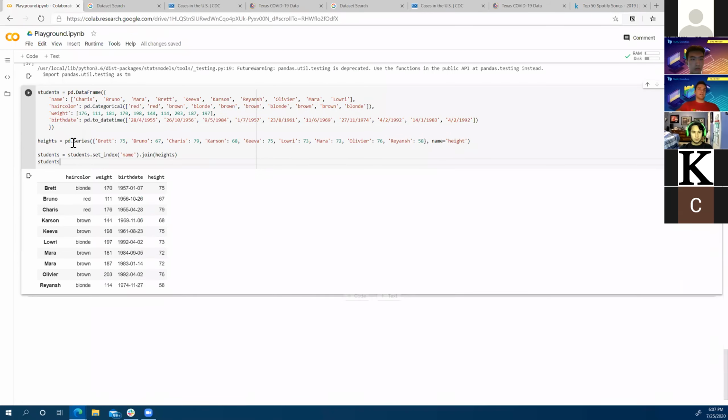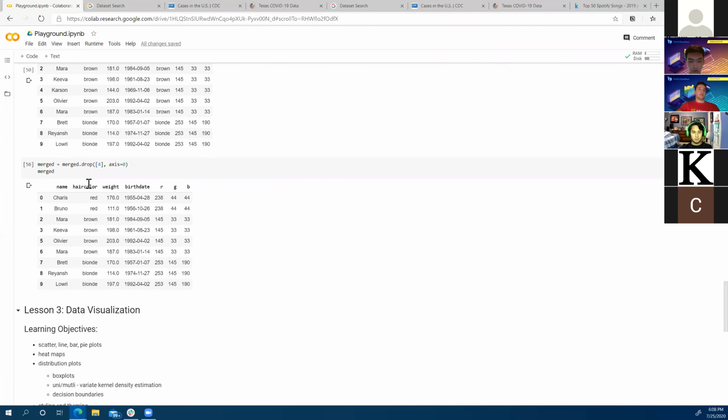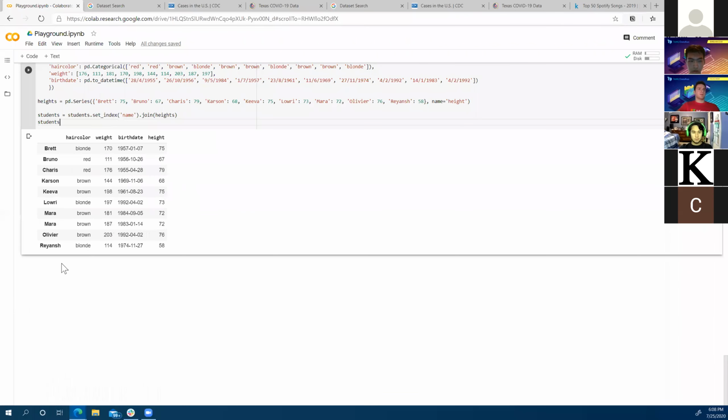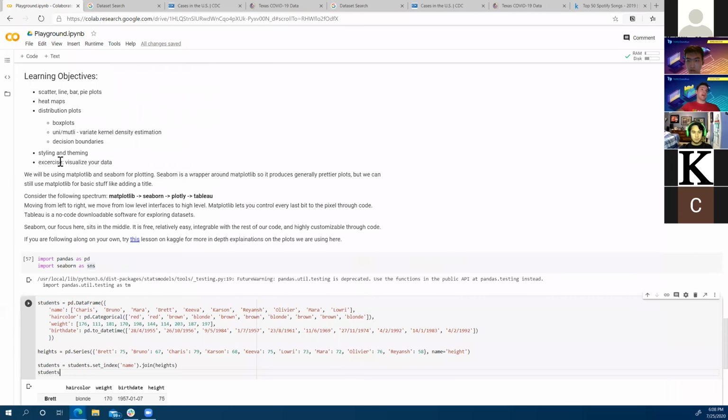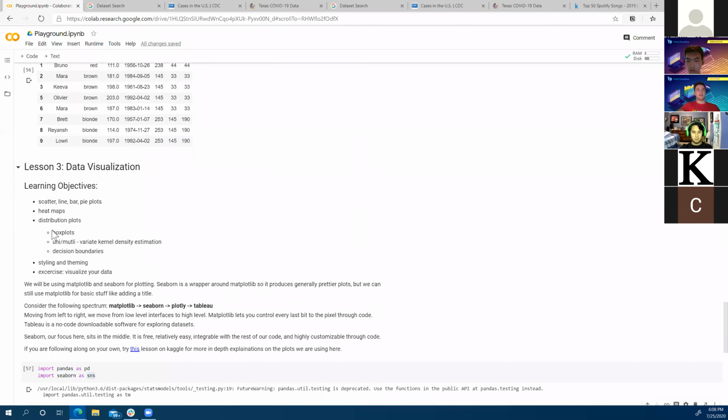And what this does is, instead of having those numbers as indices like we see in the previous data frames that we were working with, where we had numbers as the index, in this case we weren't really interested in having the numbers as the index.